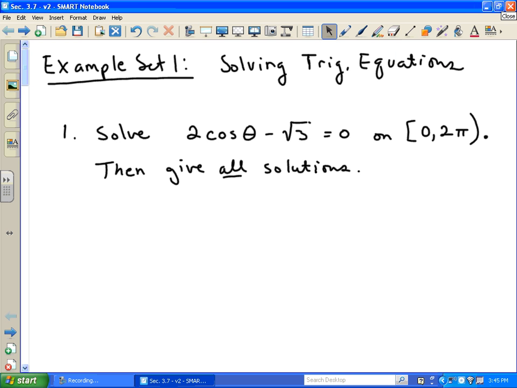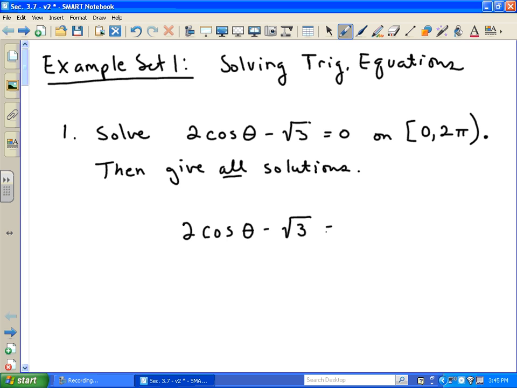I would now like to look at some examples of solving trig equations. We're going to start out with some of the simpler equations. This first one asks me to solve 2 cosine of theta minus the square root of 3 equals 0, first on 0 to 2 pi, and then it asks me to give all solutions. So starting out, I'll copy down my equation,